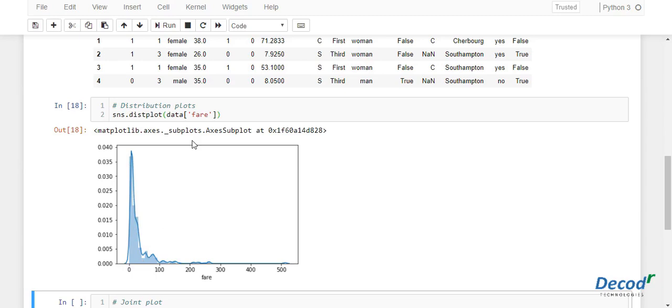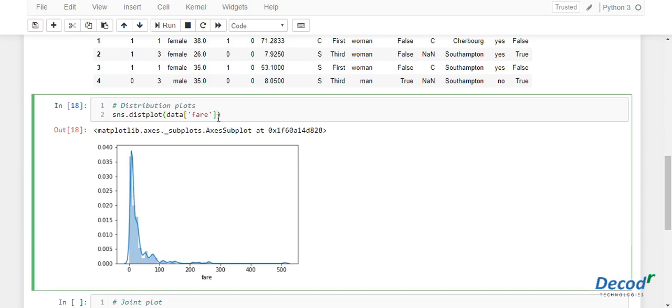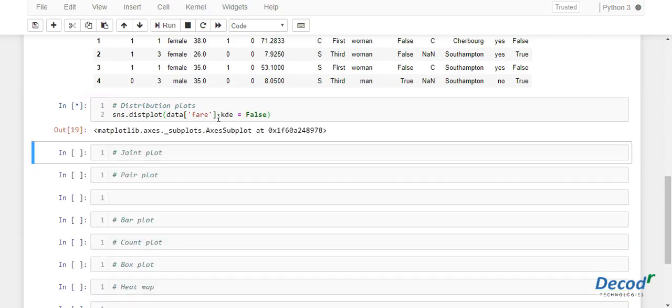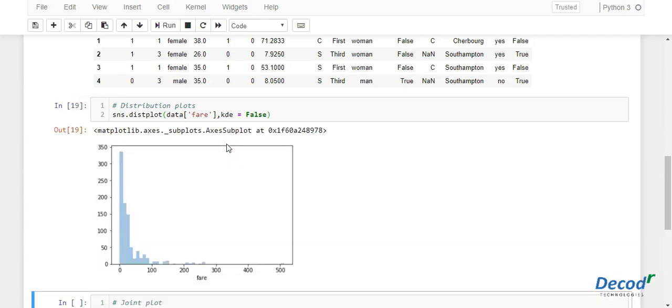You can remove that line by just typing kde, which is the parameter, equal to False. So now if we execute this, the kernel density estimation line won't be seen anymore.